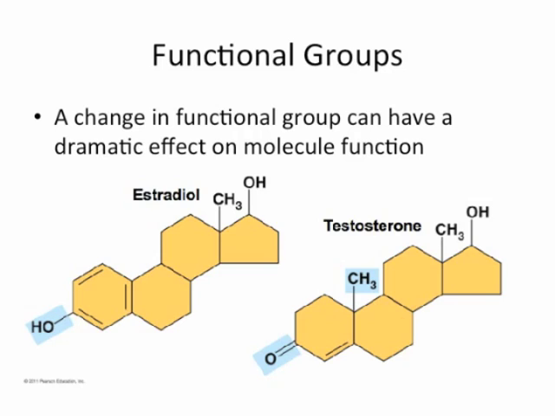So here's an example of how dramatic a functional group change could be. Here are 2 molecules that are pretty much the same. They both consist of 5 carbon rings, all carbon, mostly hydrogen. This one has a hydroxyl group at this point. This one has a ketone, just an O that's double bound to the carbon. And there's one additional CH3, one additional carbon and hydrogen group here. Other than that, they're exactly the same molecule.